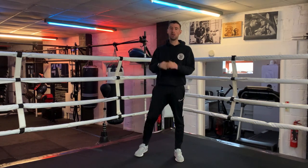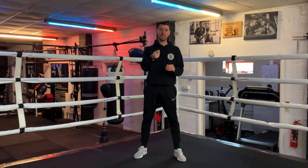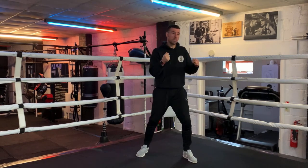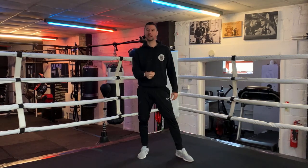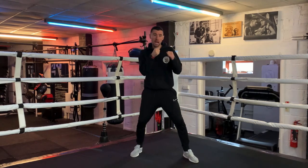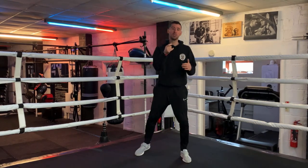Lastly, tip number 4 is all about the timing. Now you might have heard that before. What do we mean? Timing is knowing exactly when to punch to have the most amount of effect on your opponent. The best times are when your opponent is stepping forwards, or when your opponent is about to or is actually punching. Firstly, obviously, if your opponent is stepping forwards and you catch them, boom, as they step forwards,